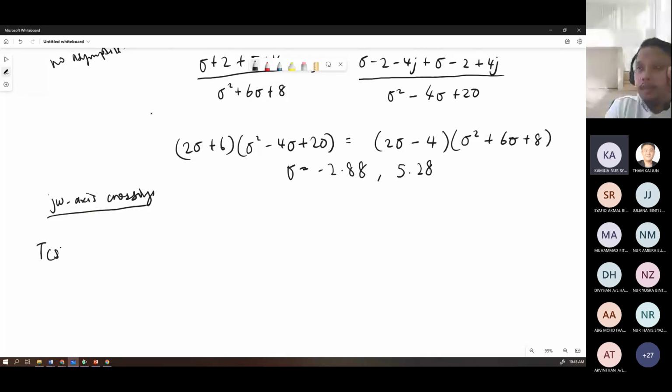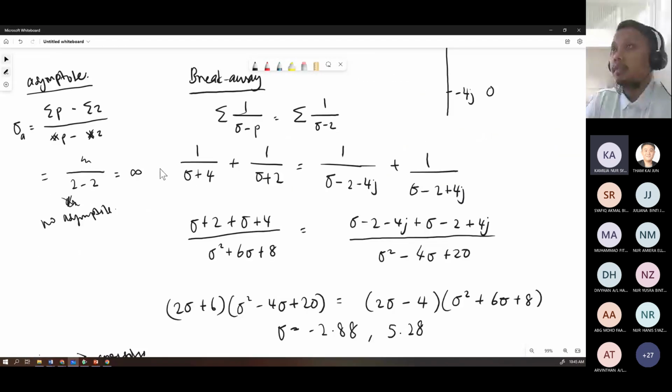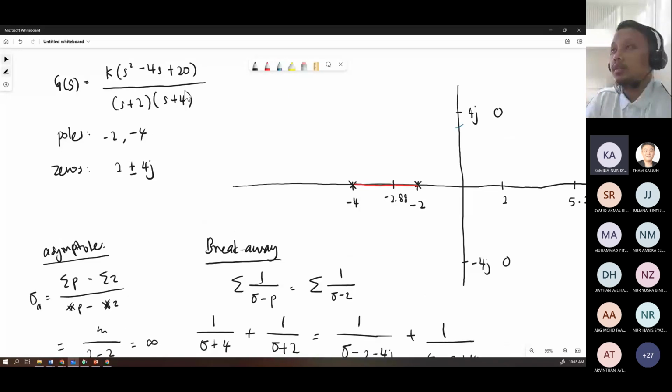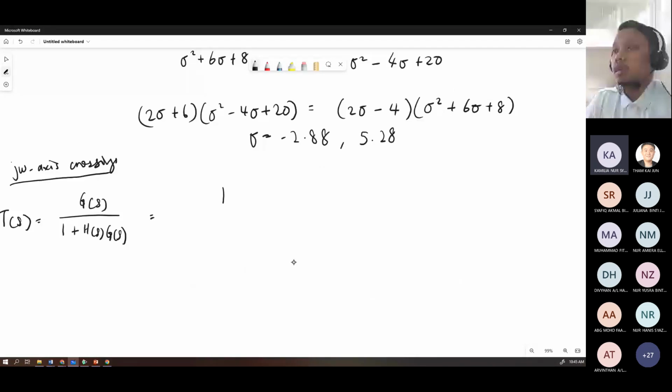So find T(S) equals G(S) divided by 1 plus H(S)G(S). And then this G(S) is this S squared minus 4S plus 20. So we end up with